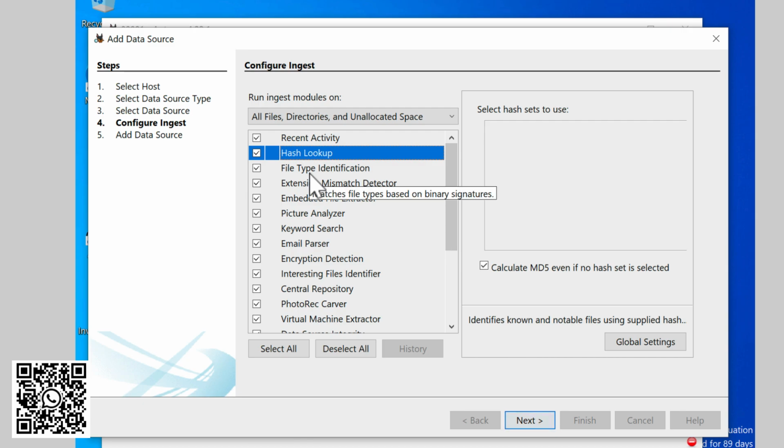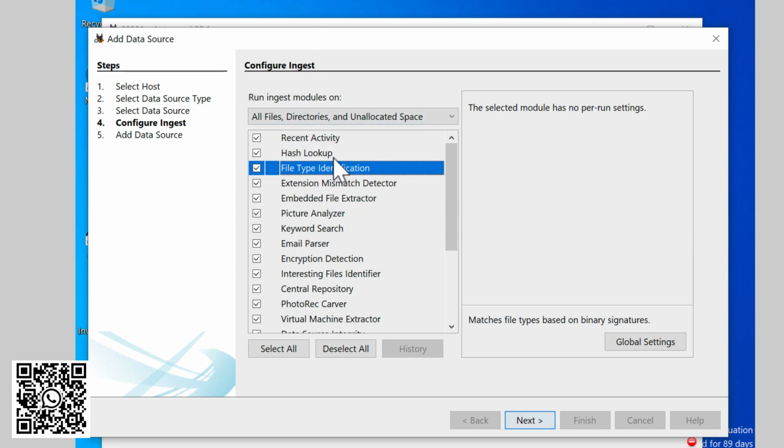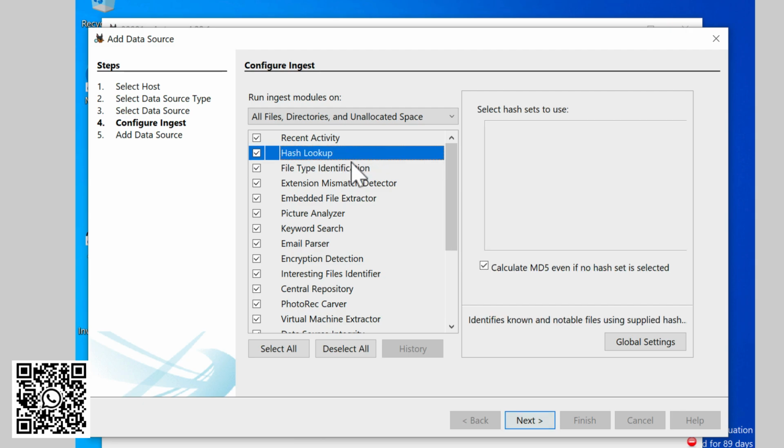The second option is called hash value. This will basically calculate the MD5 hashes of all the files and search for the hash values according to the database. So this is really helpful. If you have the hash value, you can submit the data to the court and present it in the report that you found the certain hash value.